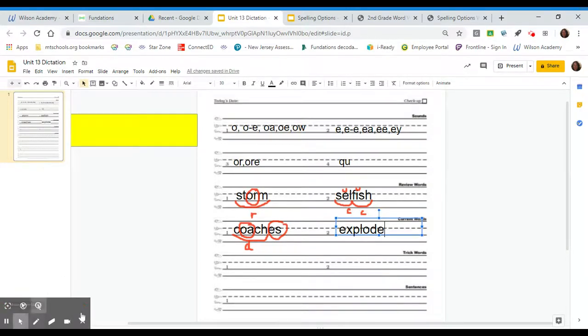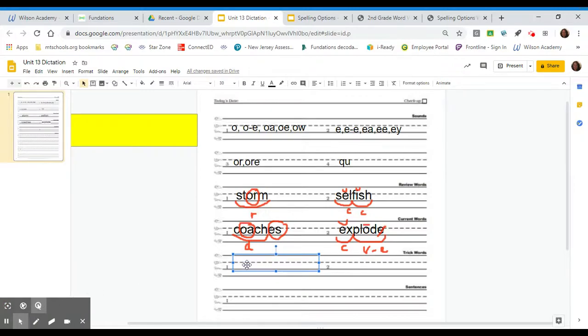Now, we will mark up the word explode. Two syllables, two scoops. Explode. Now the E says S, so it gets a breve, and then down below, it's closed in. Now, how about your second syllable? The O says O, so it's long, it gets that macron, and we cross out that E, that's silent, and we have a vowel, we have a consonant, and we have an E, so we're going to mark it V, consonant, E. Hopefully you are neater than me with my pen over here.